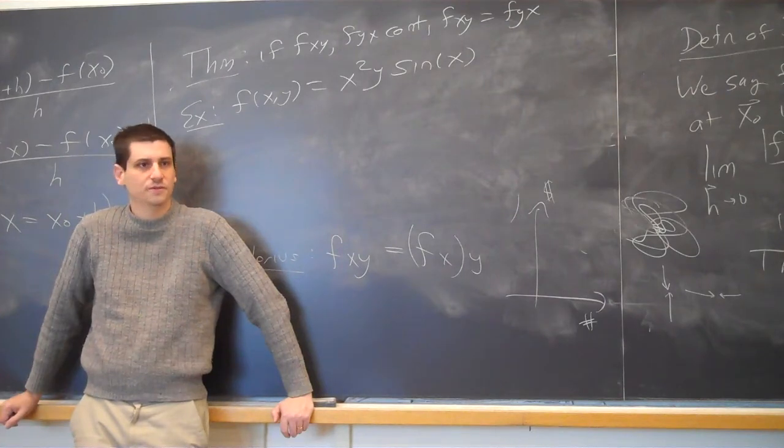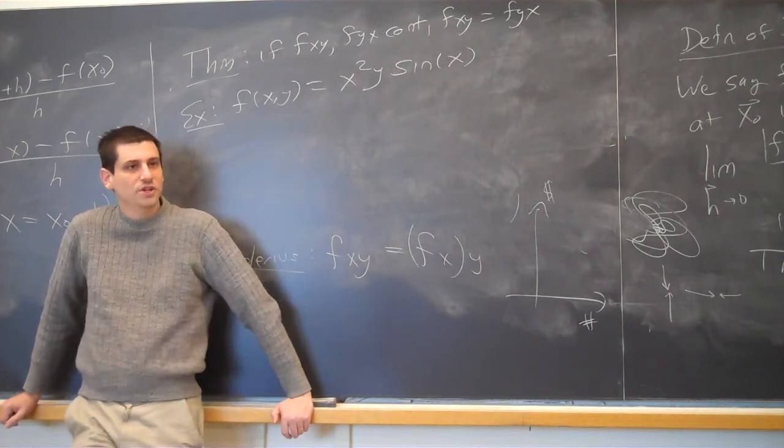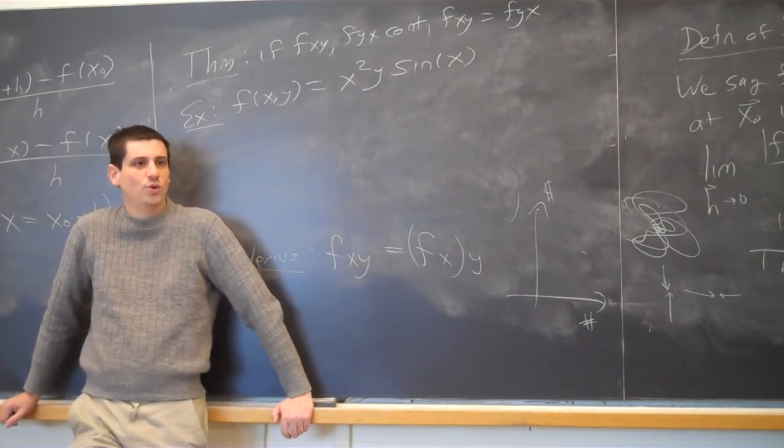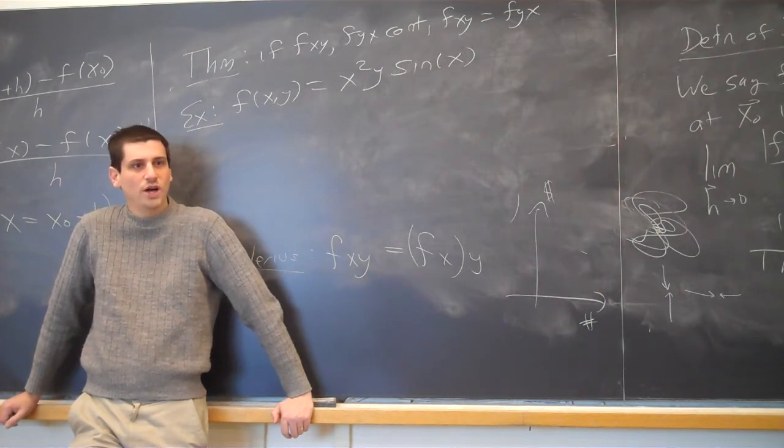What do you think? How many people say x then y? One vote. So are we trying to prove the theorem, or are we assuming that it's true? We're assuming the theorem is true, and I just want to know what's the fxy or fyx. I want to know, should I do the derivative with respect to x and then y, or with respect to y and then x, or does it not matter? How many people say x first? How many say y first? How many people say it doesn't matter?